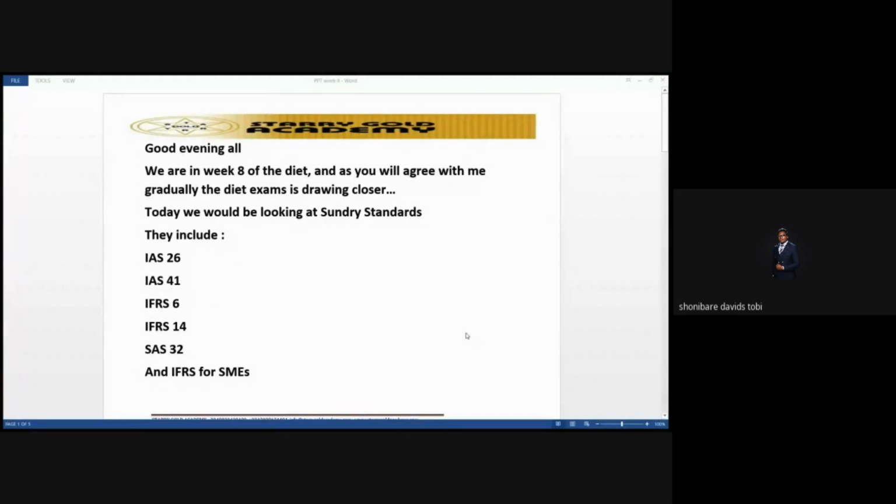The reason we say they are insignificant is because we do not see them as significant enough to be mentioned individually. You see IAS 16 in the pack, they mentioned it individually. IFRS 10, IFRS 8. Please don't overlook IFRS 8, operating segments. Thank God I made mention of that. When we are doing operating segments, there are some segments that we consider reportable based on a particular threshold. If you still remember that, please do not joke with IFRS 8. I'm telling you, they can test it.